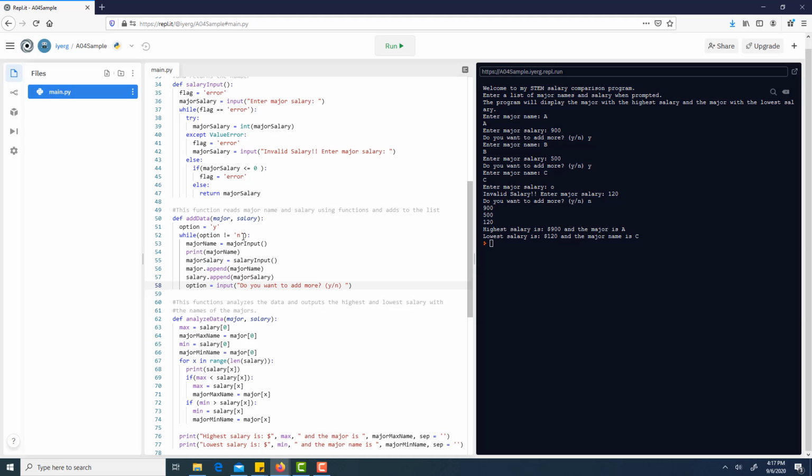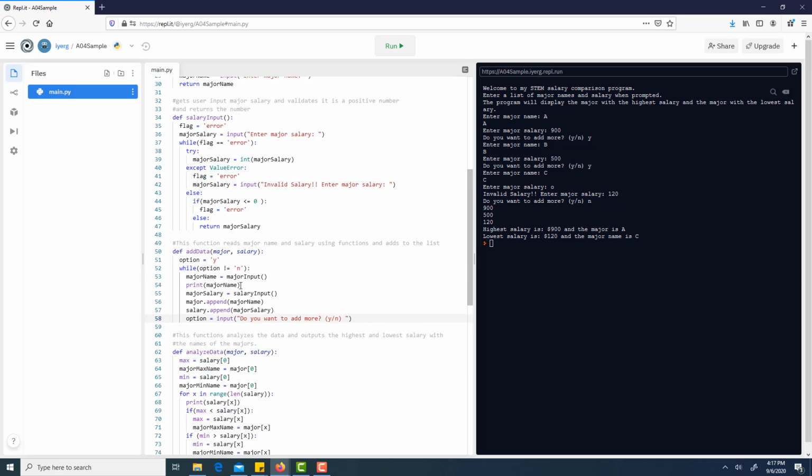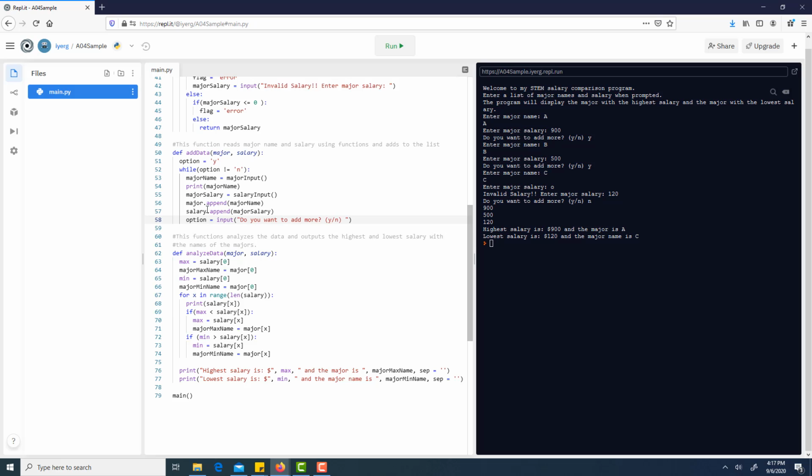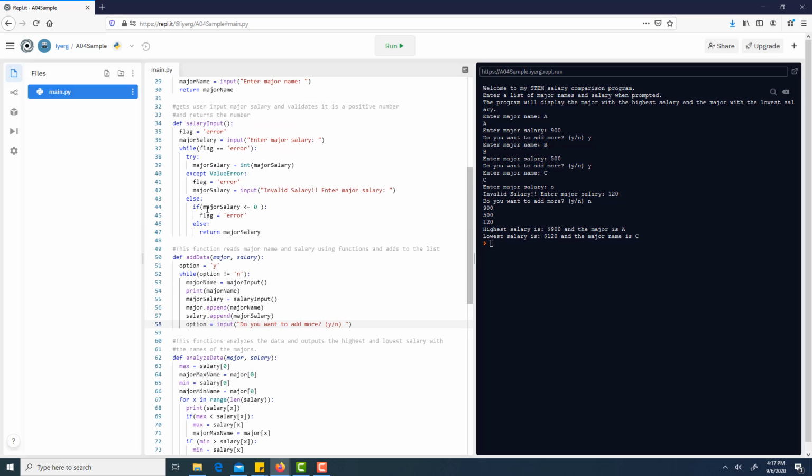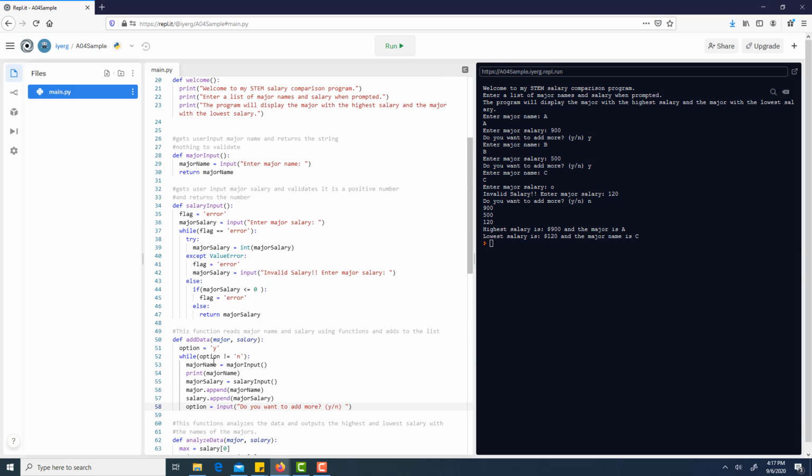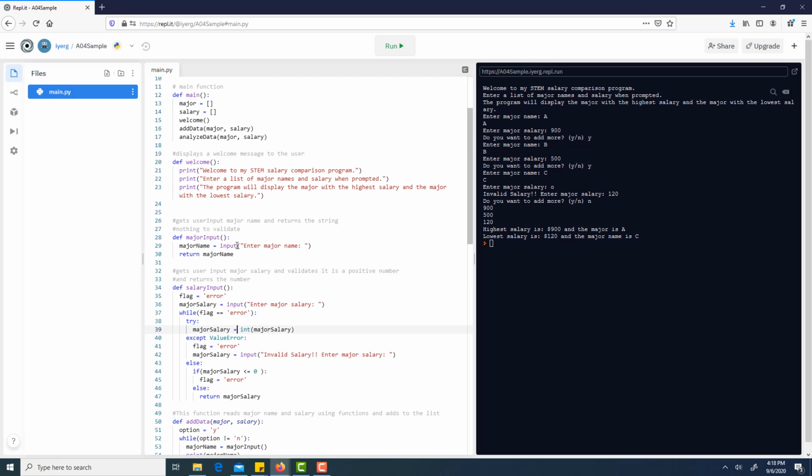When the user enters n, it's going to come out of there. So that finishes that function. Then you can try just that function, try one function at a time. Of course, in order for this to work you have to have both of these, but I would try major name first. Write this function, try major name,